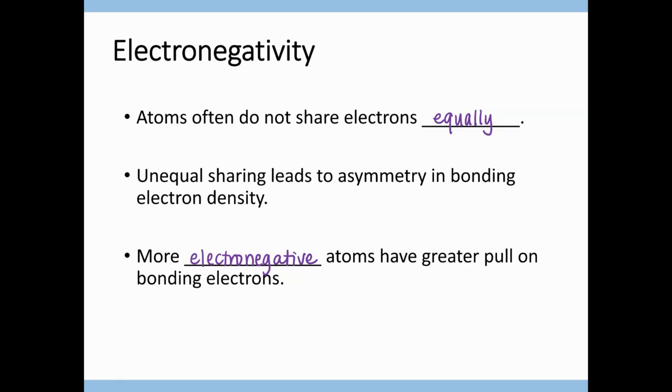More electronegative atoms have a greater pull on bonding electrons. These are the atoms that have a greater effective nuclear charge. As you go across a period, effective nuclear charge increases, so that will be to the right of the periodic table. And as you go from the bottom to the top, effective nuclear charge increases. So we say those elements have higher electronegativity,